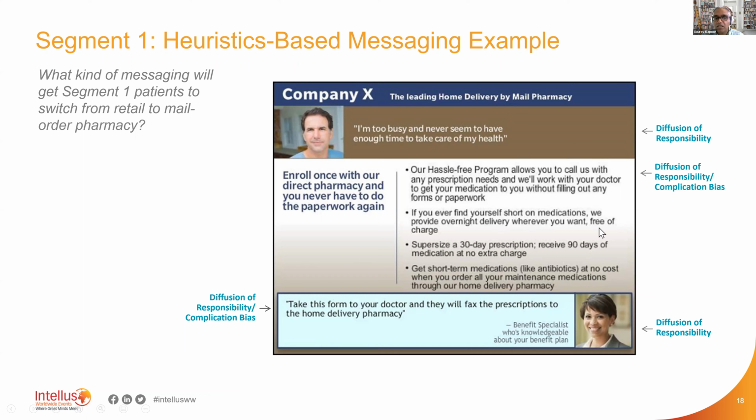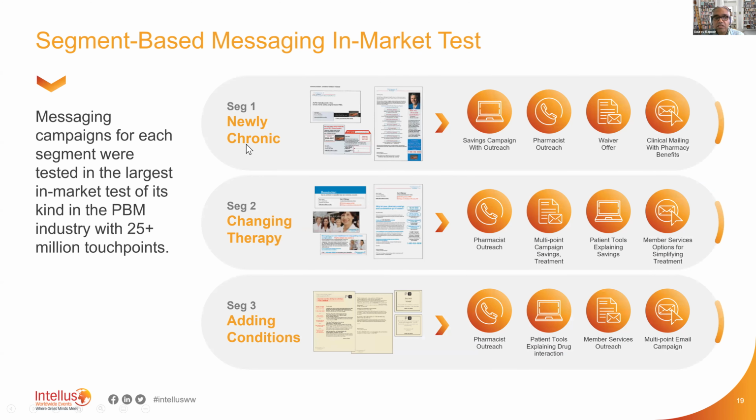some of the messages. Loss aversion heuristic was also an important heuristic in some of the messages in this bundle. And then a couple of other heuristics had messages in their bundle also. So there were optimal message bundles for every segment. There were 3 different segments, segment 1, 2, 3. This is basically increasing order of how many prescriptions they were taking and how complicated their disease had become, or multiple diseases or conditions.